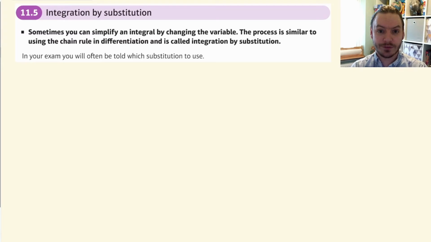So the fifth section in the very big integration chapter is on a brand new strategy, a new technique. This is not adding on to stuff we already know or unwinding something, but it's a completely new approach to integration. It is really closely related to how we sorted out and used the chain rule, and essentially the strategy is that you replace your variable with a completely new variable in such a way that the integration becomes more